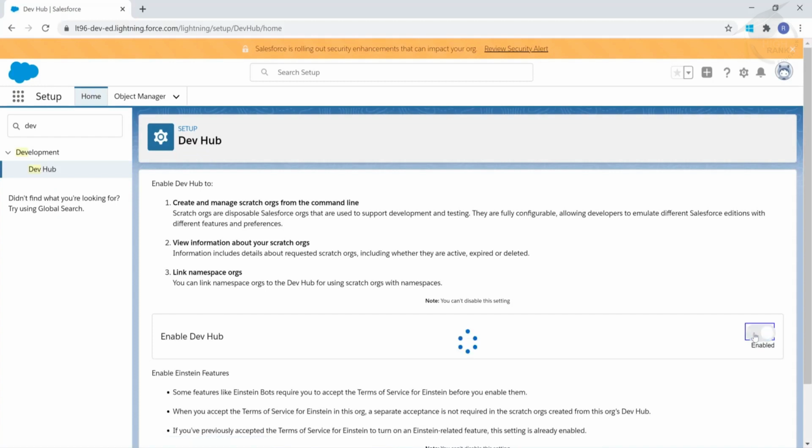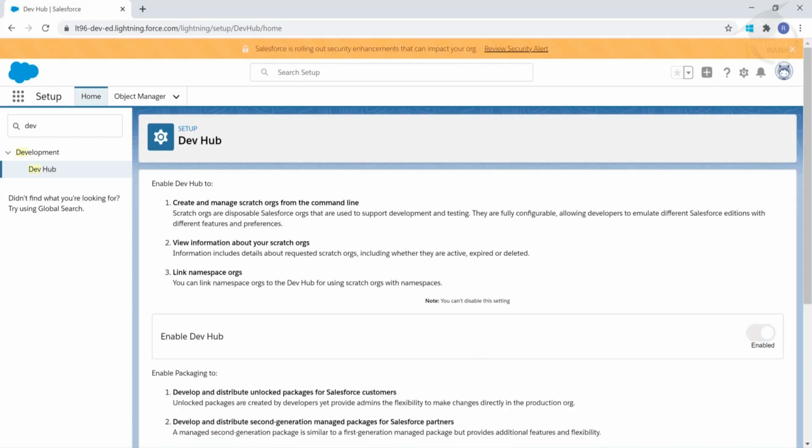What is a DevHub? DevHub is nothing but a central code repository. The way we have GitHub, there are a lot of code repositories available. GitHub is the famous one, where you can store all the code, and versioning and everything is done by GitHub. In a similar manner, Salesforce is also providing you a centralized location to store your LWC program,